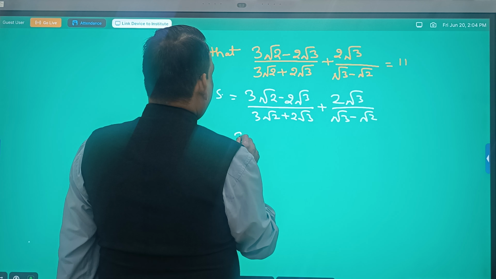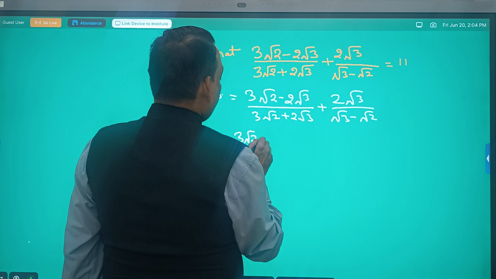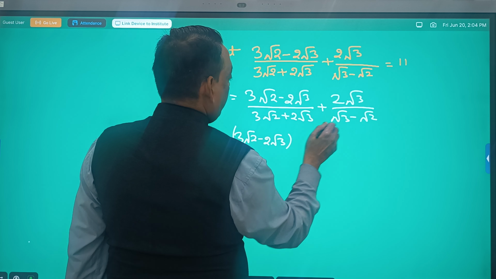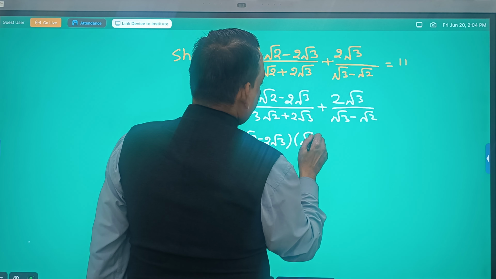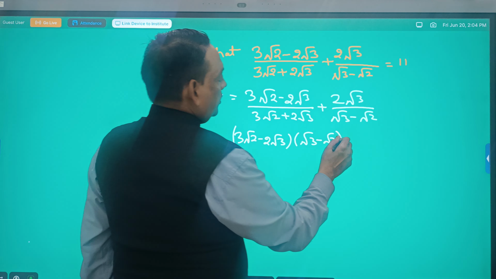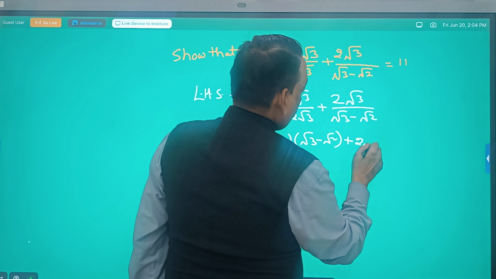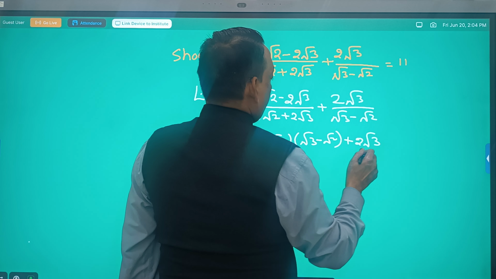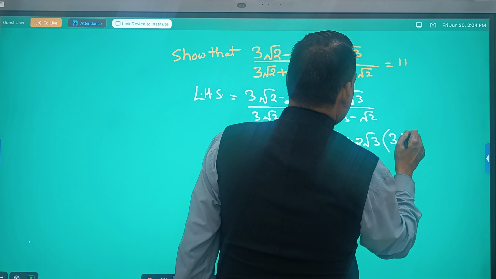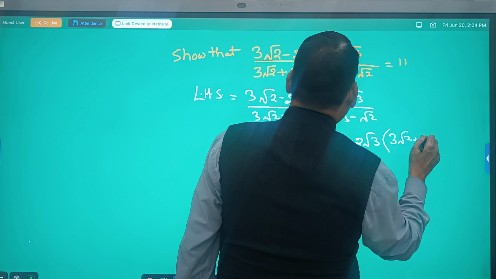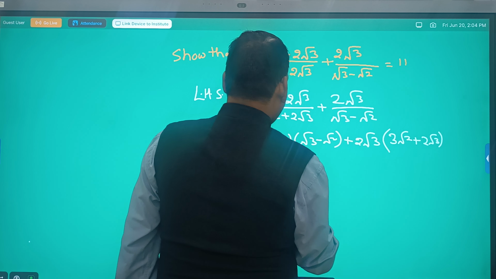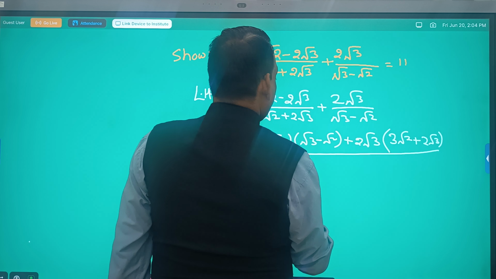So that becomes (3 root 2 minus 2 root 3) multiplied by the denominator, root 3 minus root 2. Same way, 2 root 3 will multiply with the first denominator, 3 root 2 plus 2 root 3,